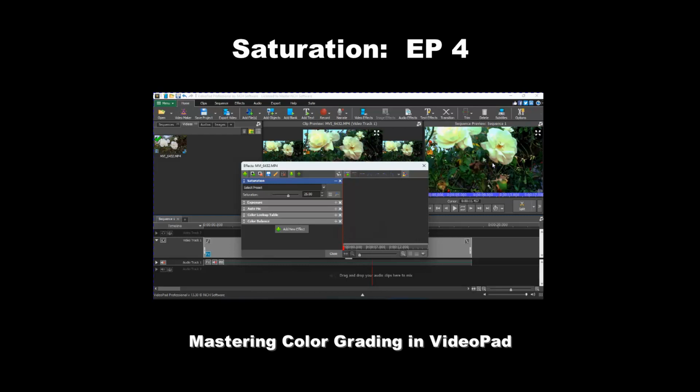That's what, hopefully you saw what saturation did. It just decided to boost the colors. So if you click here, we have the presets. I'll just click on less saturation,